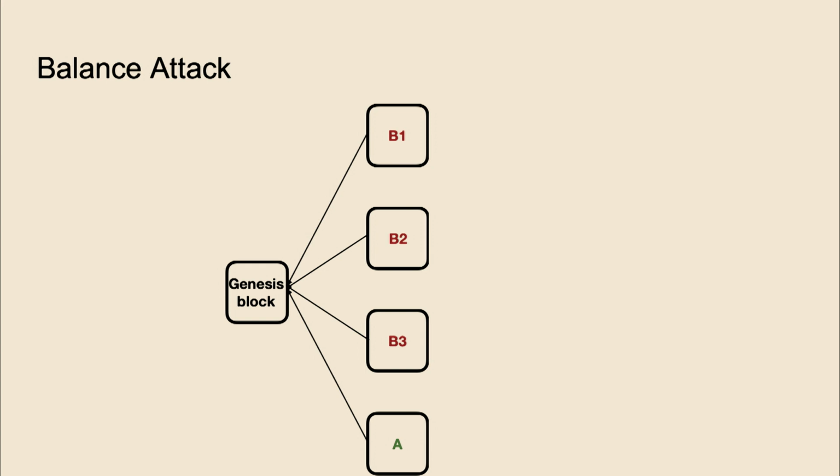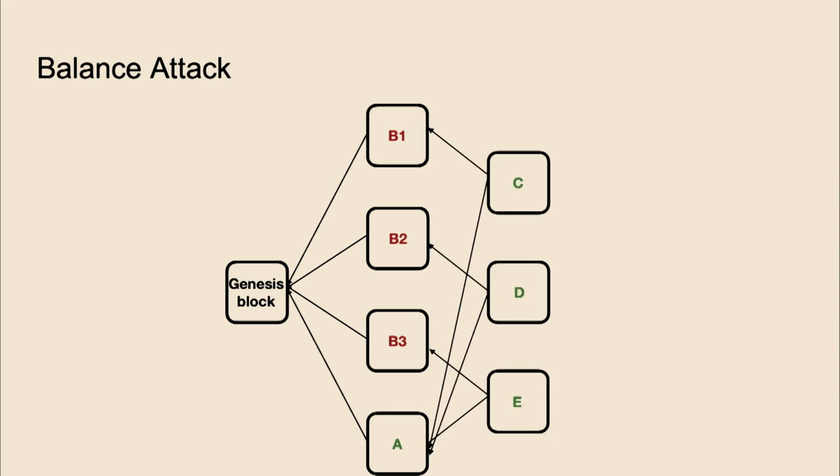Like here in this example, blocks B1, B2, B3 are all proposed with the same winning ticket, but they are equivocating blocks. In this way, the attacker can split the power of the honest nodes to make sure that the honest nodes are working on different blockchains,